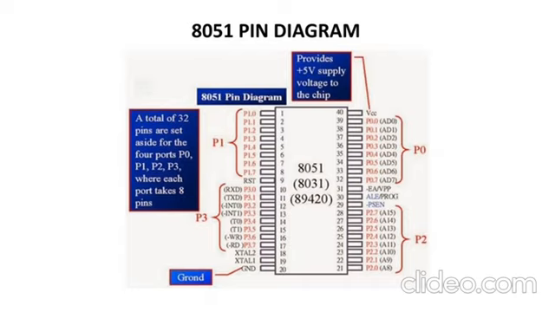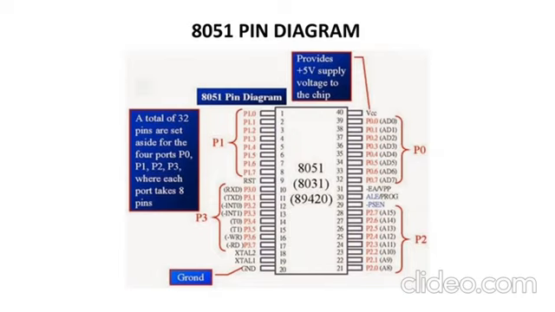Those are the 4 ports. In these 4 ports, you have the address bus and data bus. In port 0 you have the lower order address bus and data bus. In port 2 you have the higher order address bus. It is an 8-bit microcontroller, so it can access only 8 bits of data, D0 to D7. Whereas the address is 16 bit, so you have 16 address pins, I mean buses, from which you can access the address bus.